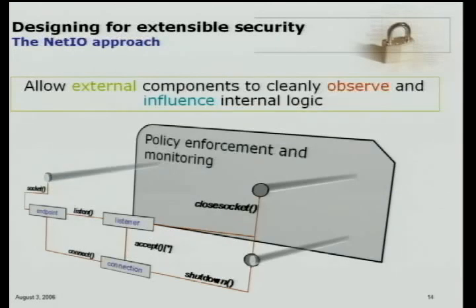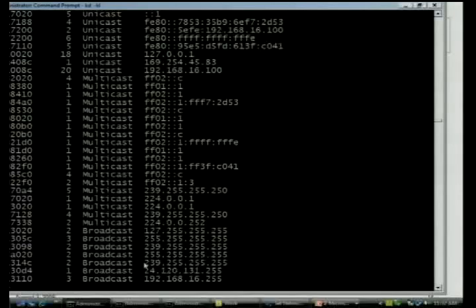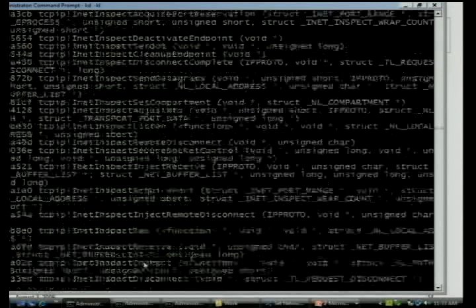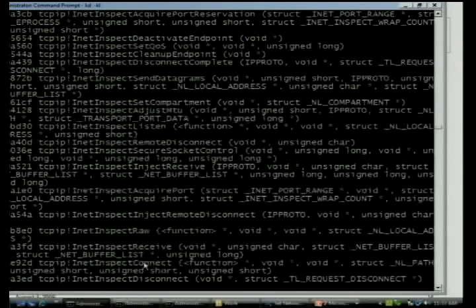The basic way to think about the approach that we took is that we took anything that we could think of that seemed like it was a policy decision that we might be making inside the stack. We tried to externalize that and provide interfaces that would allow an external component to tell us what to do in that situation. I can show you what that actually looks like in the debugger. If I dump out a set of routines that start with, for instance, the prefix inet inspect, what these are essentially are routines that are implemented in the stack that are callouts that we invoke to ask someone to tell us